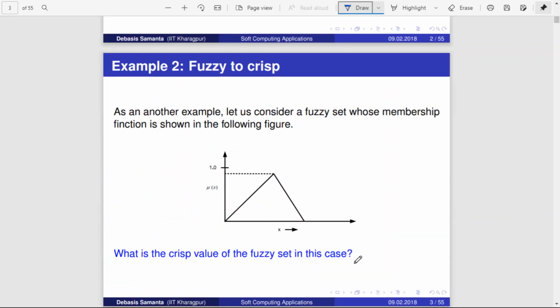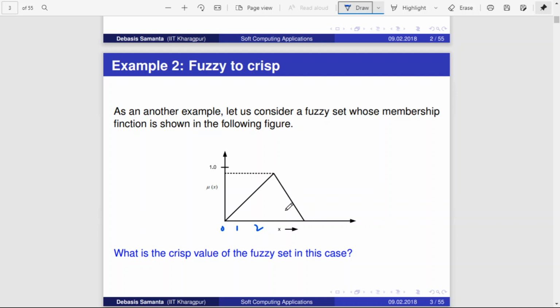Or say, for example, a membership function is represented through this graph. Now x can take different values. For different values of x, the membership function will give different outputs. This is actually a fuzzy output. If x is 0, it will return 0. If x is 1, probably it will return 0.1. If x is 2, it may return 0.3, and so on. If x is 5, it may give 1. Again, if x is 6, it may give 0.8, like that.